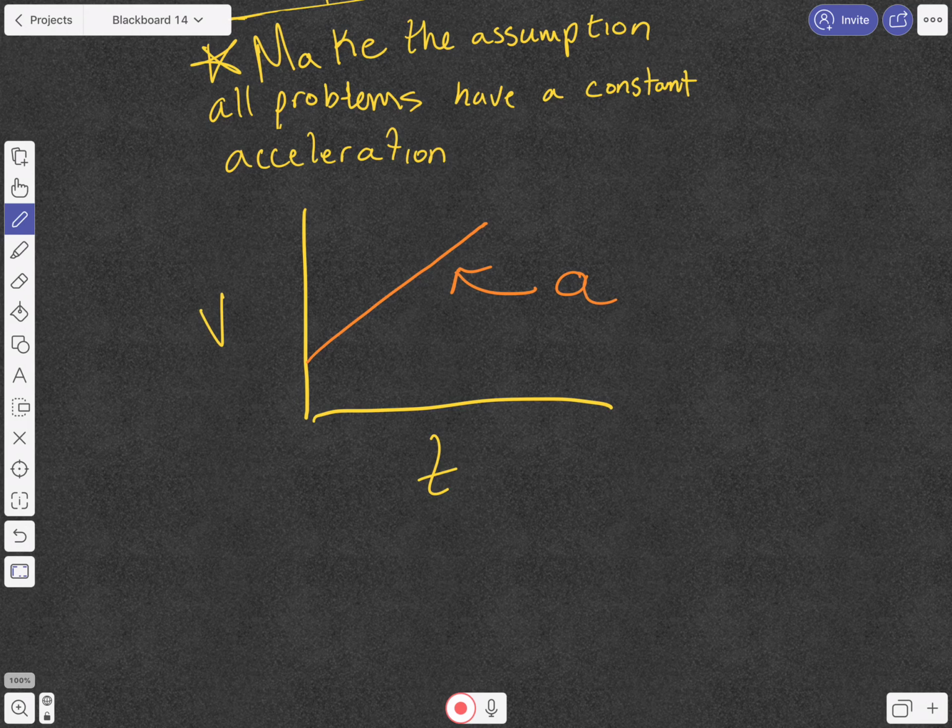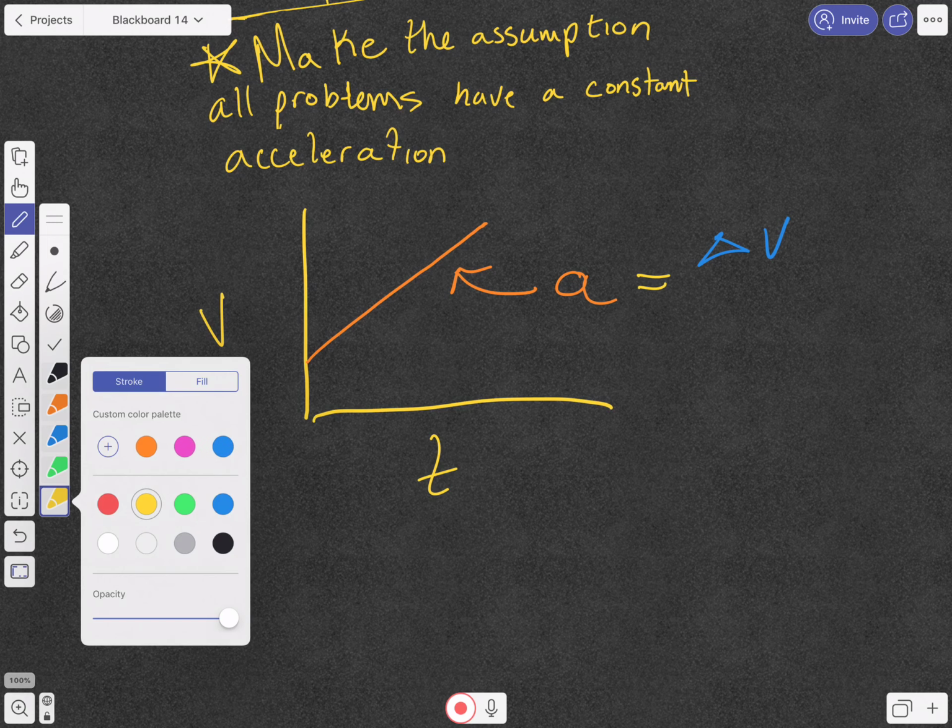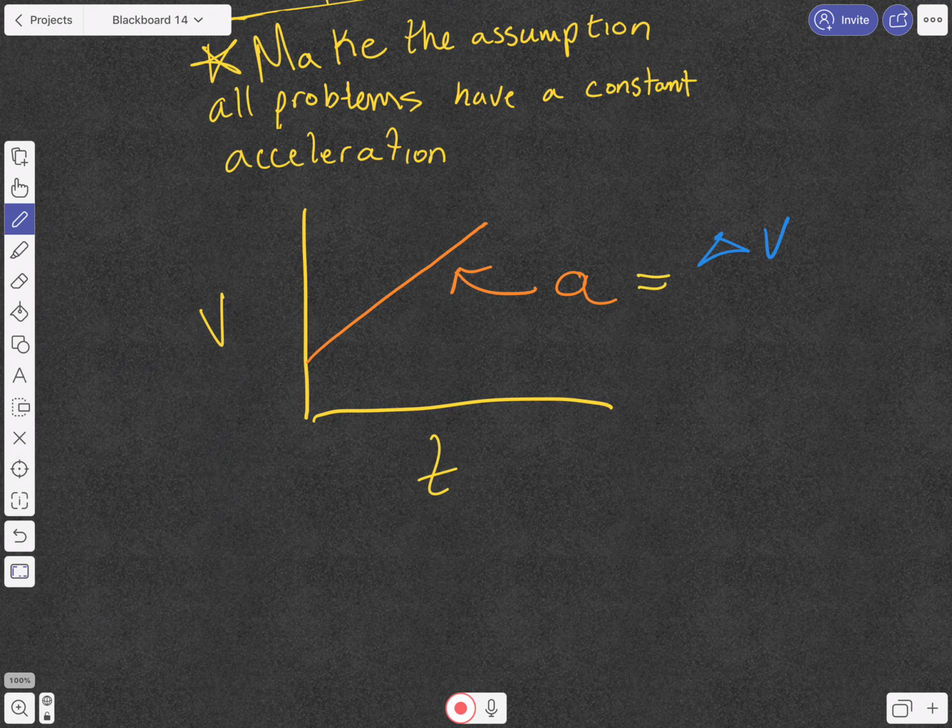Because if you remember, acceleration is equal to delta v over delta t. And if you watch my previous video, I try and keep acceleration as orange, velocity as blue, and